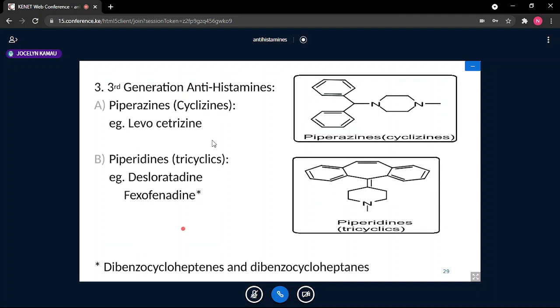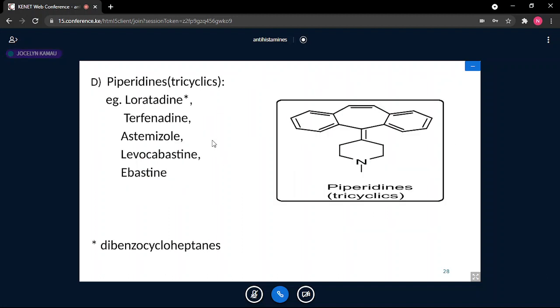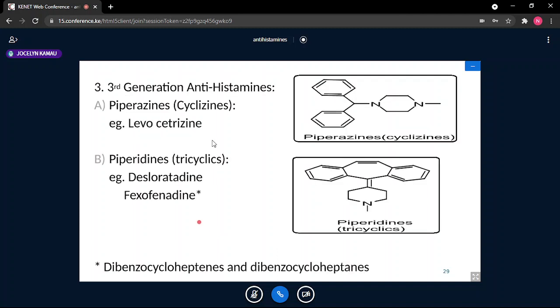Now desloratadine is a metabolite of loratadine. Then we also have the other one, fexofenadine, which I believe is a metabolite of terfenadine. So terfenadine, fexofenadine, a metabolite of terfenadine; desloratadine, a metabolite of loratadine; and of course levocetirizine,